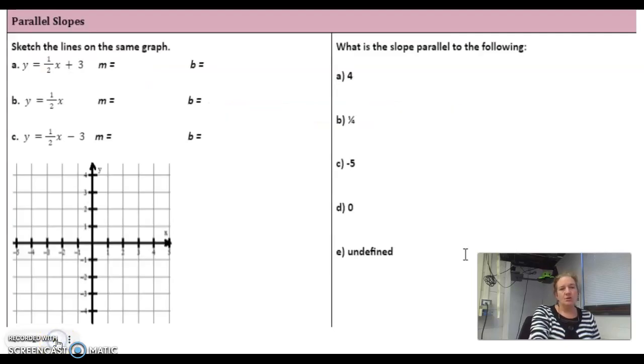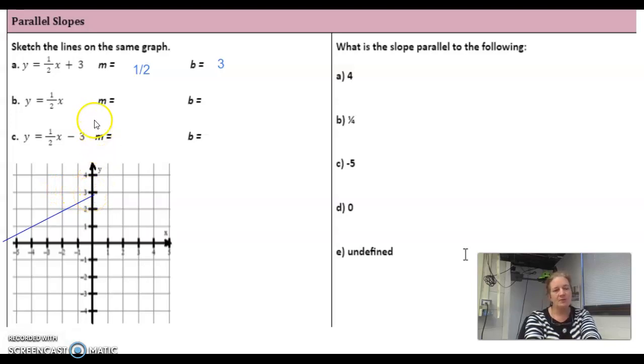So, looking at this, we're going to sketch these lines. So I'm going to sketch the three lines. I'm looking at the first one, y equals 1/2 x plus 3. Well, the 1/2 is in the m spot, so that's my slope, my m, and my b is 3. So when I go to graph it, I start at the 3, because that's my y-intercept, I count up 1 over 2. And when I do that, I end up with my line. It should have kept going, sorry. But if I start here and I go up 1 over 2, up 1 over 2,